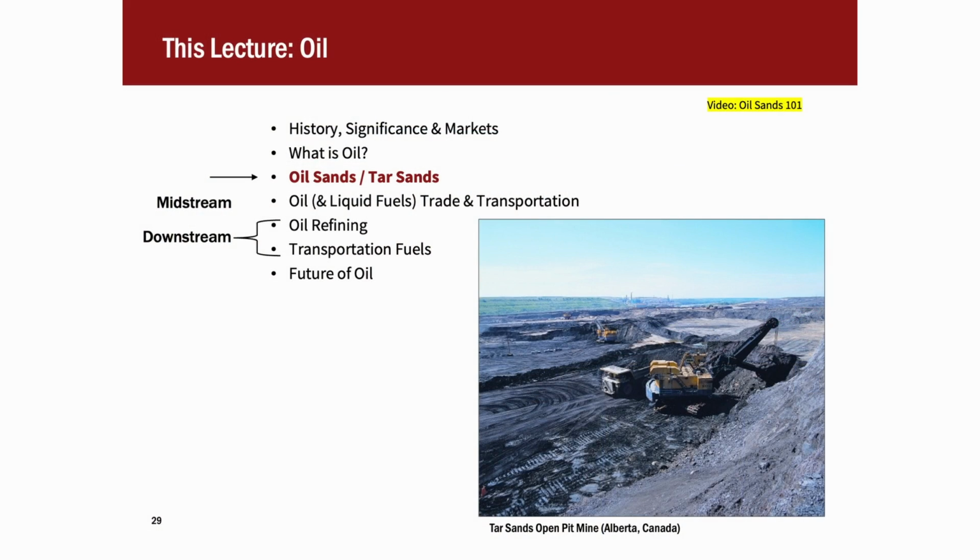We didn't really talk about oil sands and tar sands yet, so I'm going to take a little sidestep and talk about oil sands and tar sands. This is a picture of an open pit mine in Alberta, Canada. Very much the way you get oil sands or tar sands out of the ground is strip mining. That's the biggest way you're going to get it out. And so that's clearing the land, clearing everything off of it, and digging the oil out.